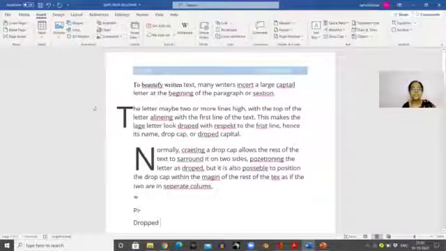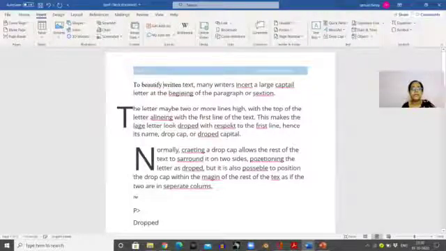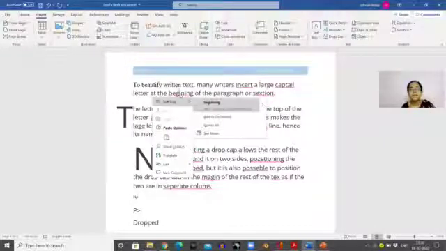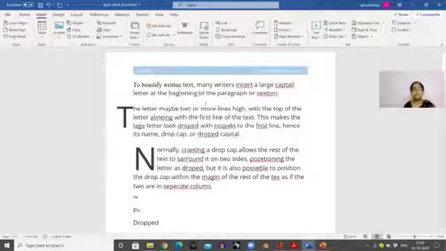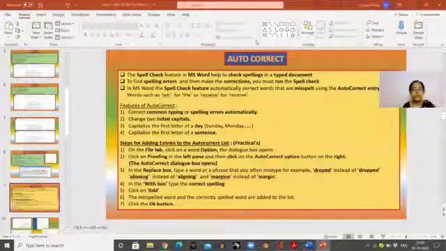So there is another feature. You can see all these underlined words are wrongly spelled. Right click on this. When you right click, you will get the spelling suggestions. See, beautify. This is the correct spelling. You can click on it and then it changes. Beginning, right click, the spellings are there and you can select the spelling. So this is how you change the spelling. Is it clear? I hope you understood autocorrect.